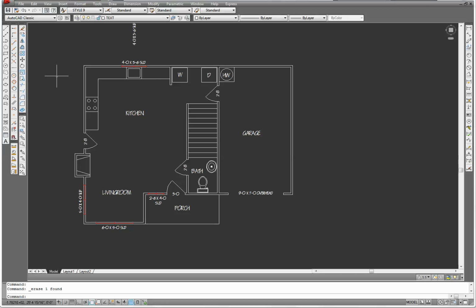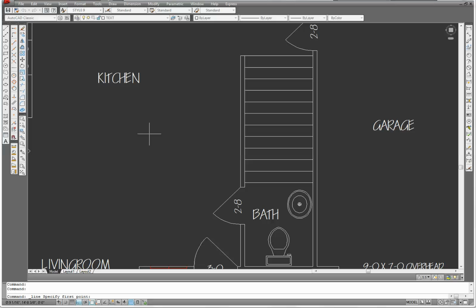Okay, now we're going to make an up arrow for the stairs. Let's make sure that the ortho is turned on. Click the line, and out here in generally open space, start a line, pull it down, type 36, enter. Now we're going to add another line using coordinates. So hold down the shift and hit the @ symbol, which is above the 2 on the keyboard. 18, hold down the shift and hit the less than symbol, which is above the comma. 60, and enter, and you'll see it makes a line that is 18 inches long and